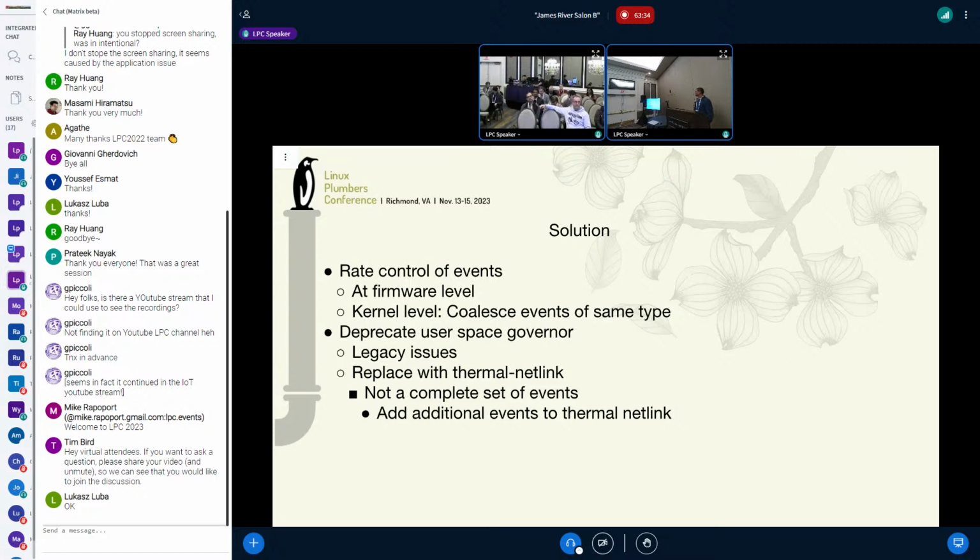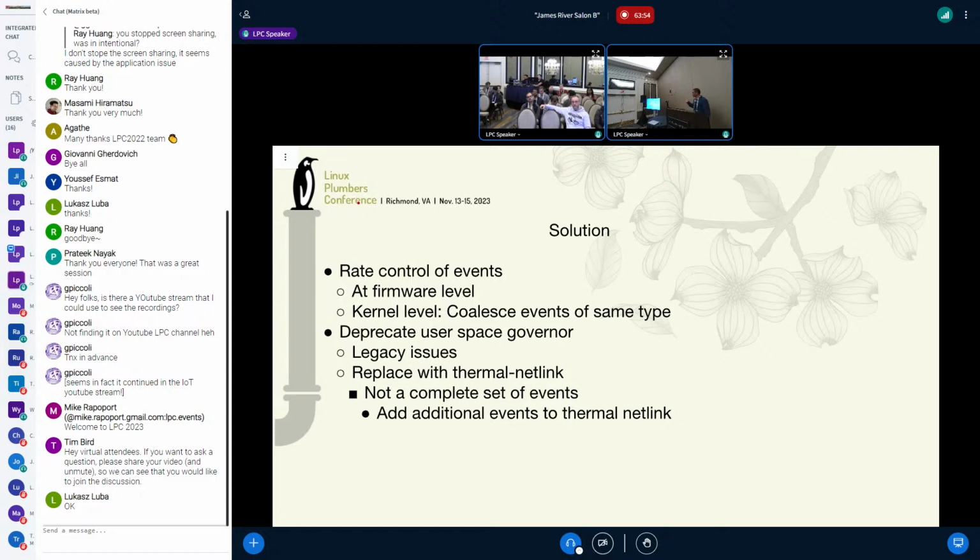The other option is to deprecate the user space governor. I think this was discussed before. We really want to deprecate it, but there are lots of legacy issues. I know some Chrome OS devices were using it maybe 5, 6, 7 years back. If you change your kernel, there will be problems, unless user space also changes together.